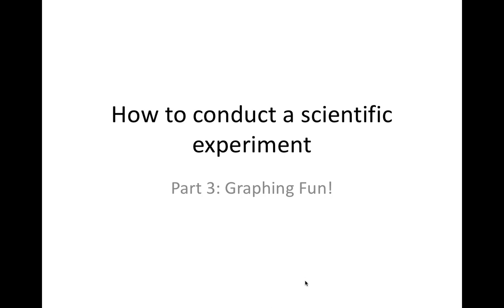Hello everyone, so the assignment you're going to do for your second asynchronous period during week 3, or for homework if you would choose, is how to analyze and graph your data. So you have your data, now you have to create some kind of table or graph to analyze it. Part 2 is what we will do in our synchronous session, which is basically creating a hypothesis. I thought it was better to have that part when I give you your actual condition that you're going to